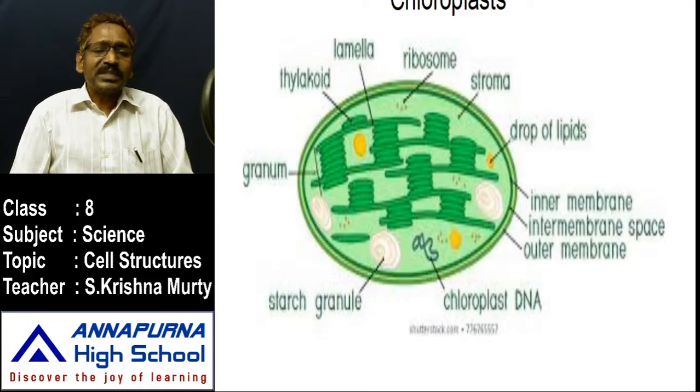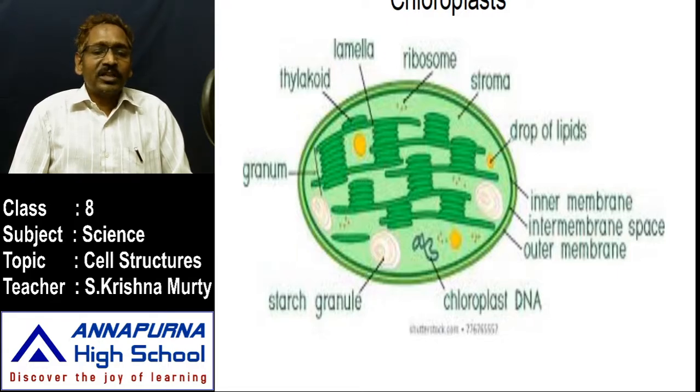Plastids are present in three: in plants, in algae, and in bacteria. Those can synthesize their own food. Once look at that chloroplast. Chloroplasts are green colored sac-like structures. These are contained in each and every cell, each and every leaf, wherever the green color is present on the leaf and stem, and wherever it is there in algae and bacteria also. Those are autotrophic organisms. It contains two major regions.